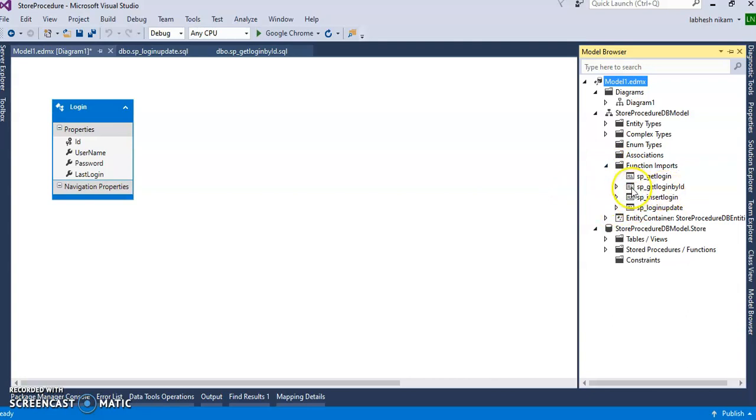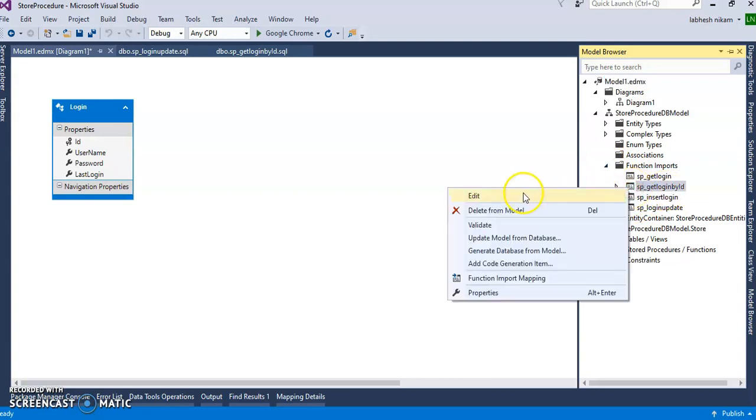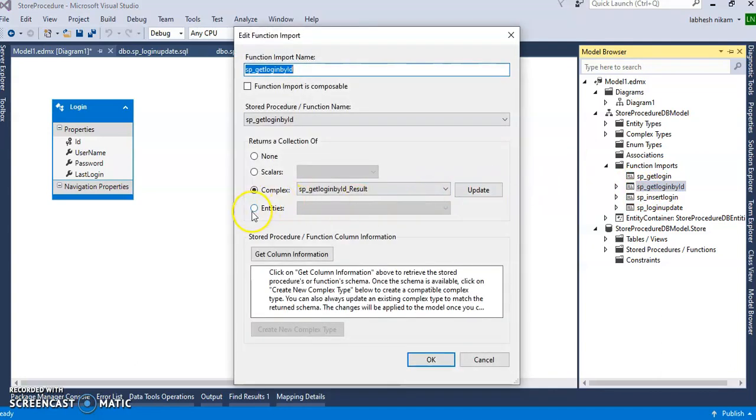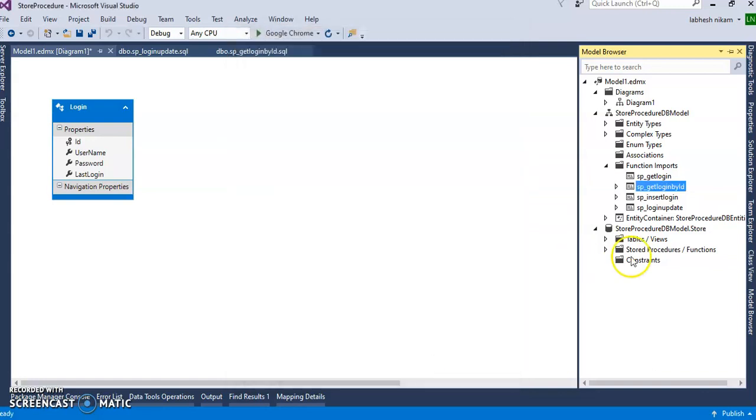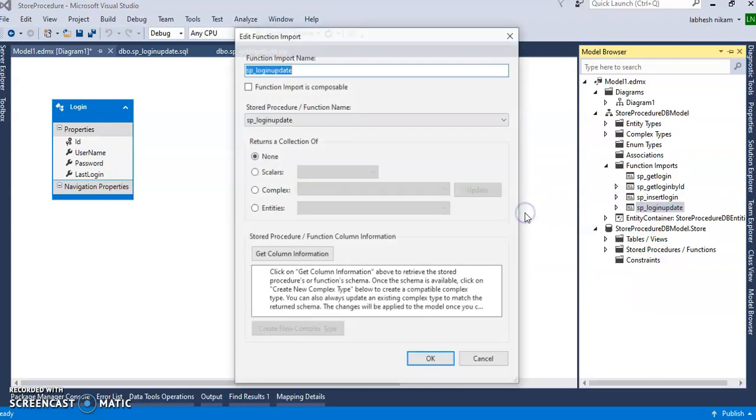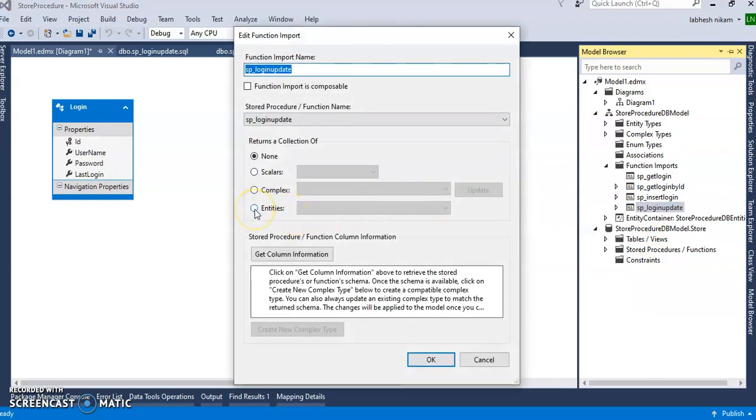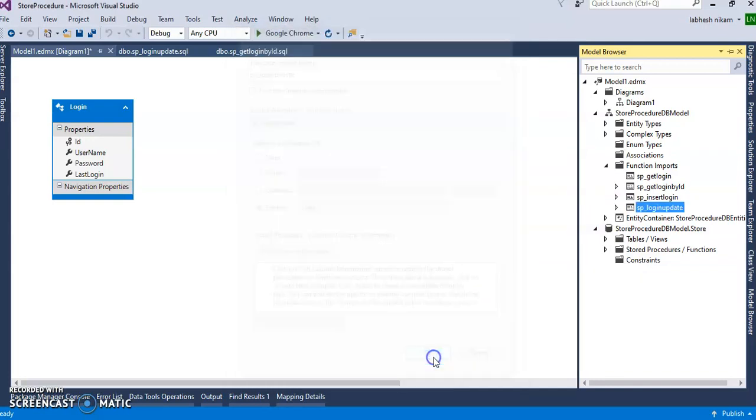Get login by id, right click on it, click on edit, and get the entities of the login table for the stored procedure. For the same update procedure we will also do the same work: edit, click on entities, and join the data of the login table, click on OK. So the procedure and entity model will be connected.